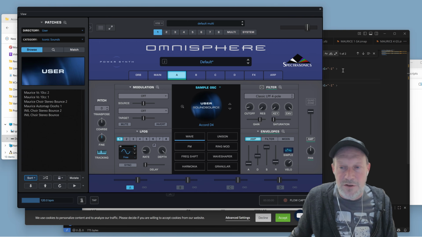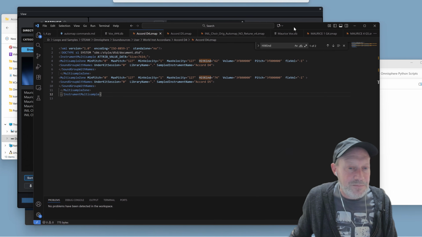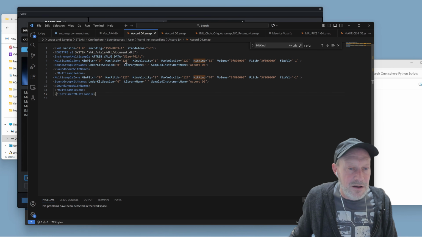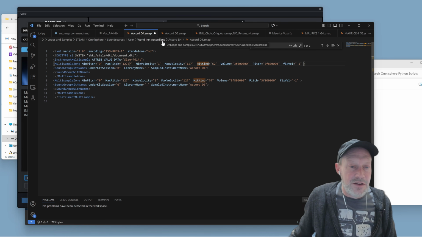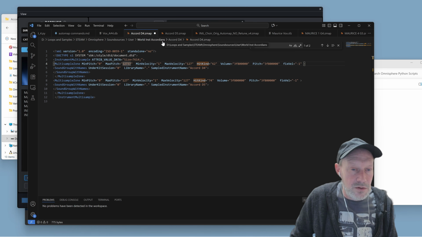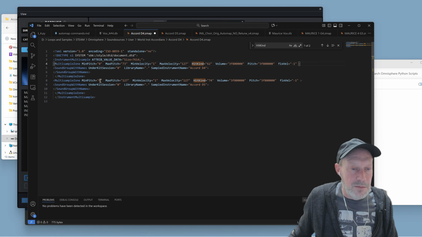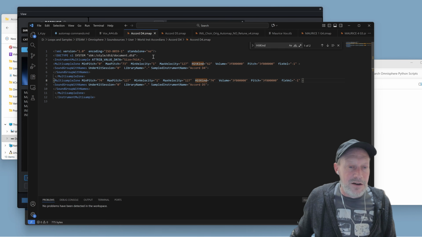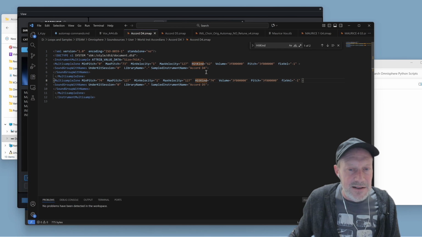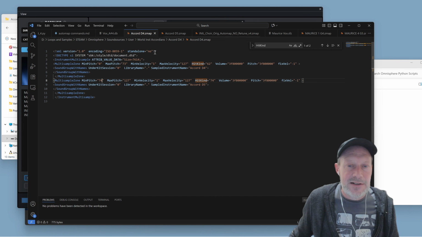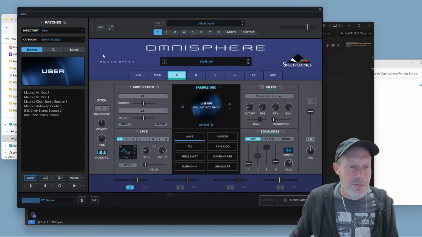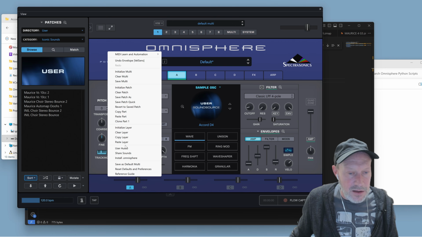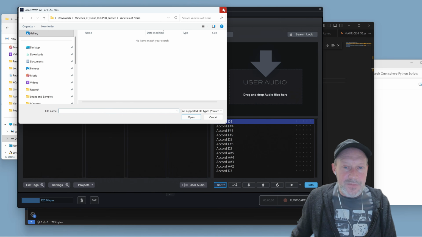So this one will go from, whoops, that's not VS Code. We'll make min pitch go from 0 to 73. And then we will make the D5 sample go from 74 to 127. Okay. Now, if I save that, let's see. Is this right? I think it's right. If we save that and then we go back to our user audio section, now this